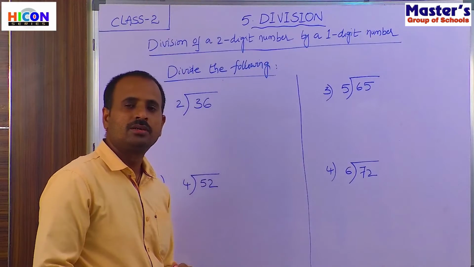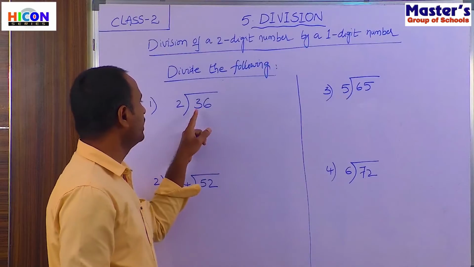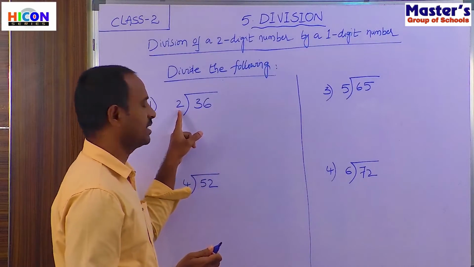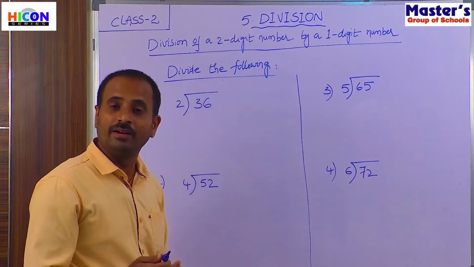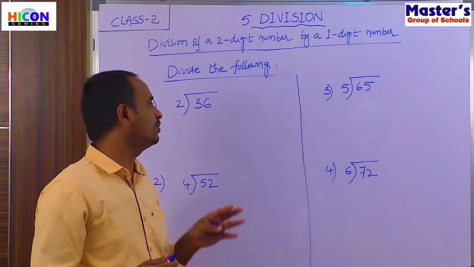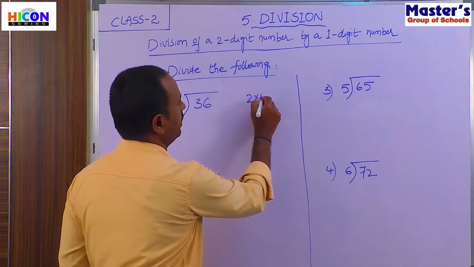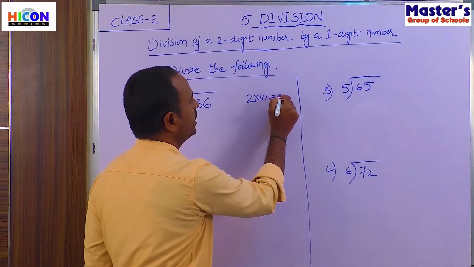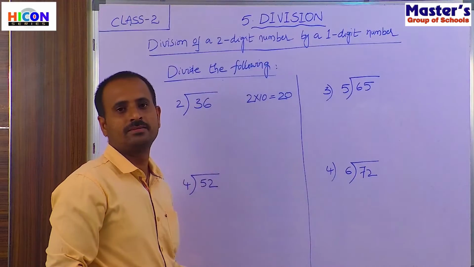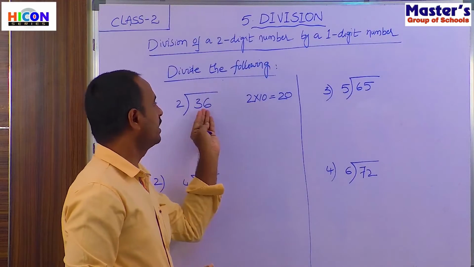So how do we have to start? In the same way as we have explained in the previous divisions. That means, when does the number 36 come in the second table? So let us find when the number 36 comes in the second table. But you have learned all the tables up to 10 times only. So first take 10 times that number, that is 2 into 10. That is 10 times 2. So 2 tens are 20. But the given dividend is 36, and it is greater than 10 times the divisor. It is greater than 20.